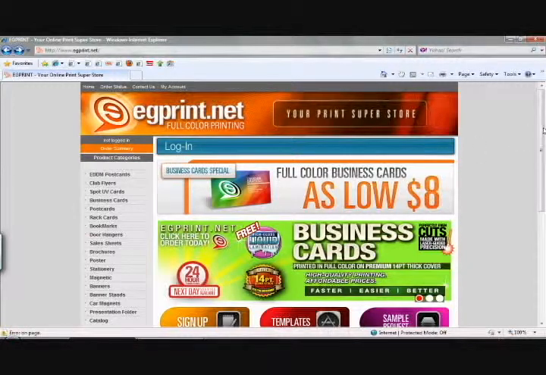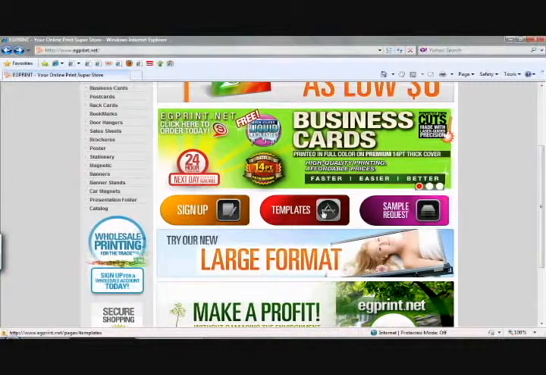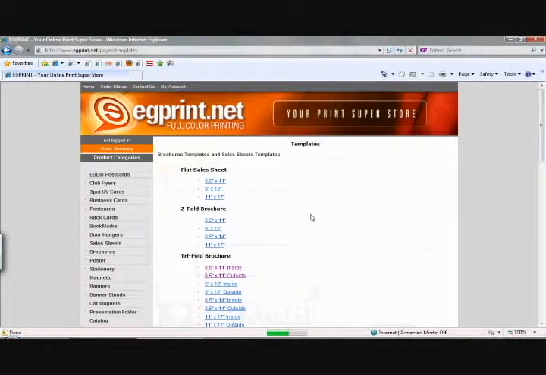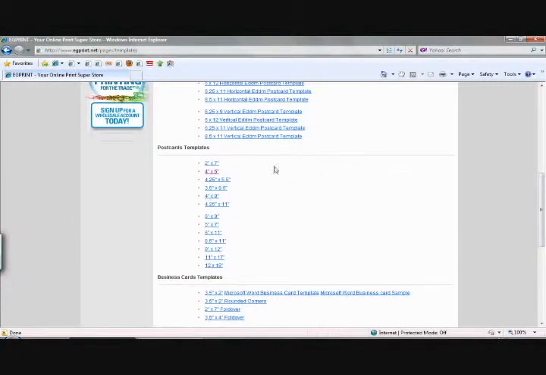Today I'm going to take you through a demonstration on how to build your own postcard using the egprint.net templates. Here in the templates section, you'll see that there are several different templates to choose from. In the postcard section, we're going to go with a standard 4-inch by 6-inch postcard. By clicking this template here,